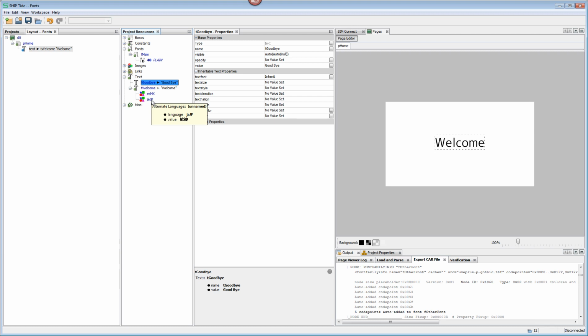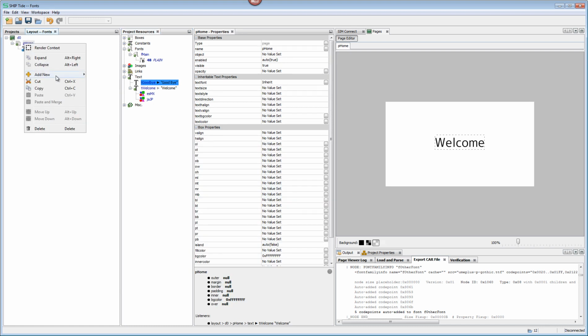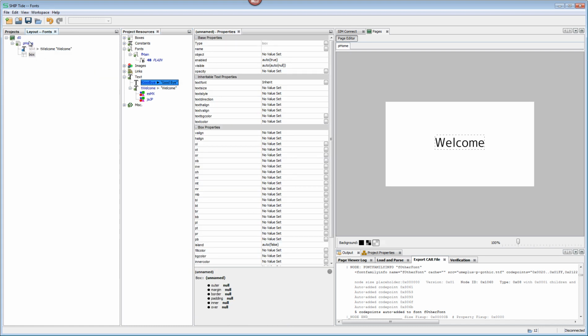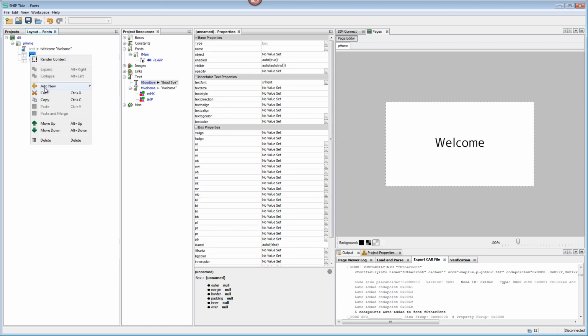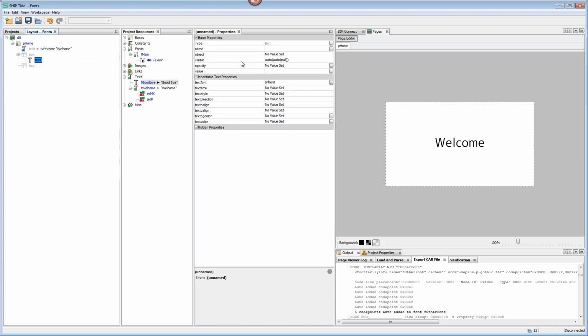If there's not, it won't, depending on the current ship language setting. So, for instance, if I quickly create two buttons, let's add a new box, and I'm going to add another box, add a new box, and in this box I'm going to add a piece of text, and this text is going to be English,